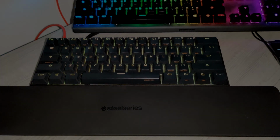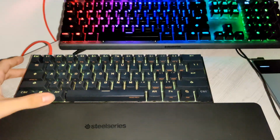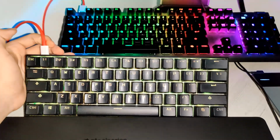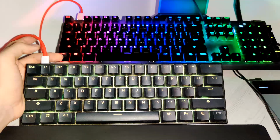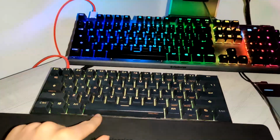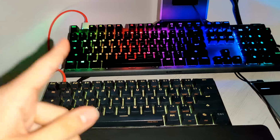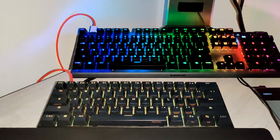Alright, so this is going to summarize my review of the keyboard. The keyboard is pretty nice to the touch, it has a cool sleek design, it's portable, and it is quite the interesting get. However, the switch itself, I would recommend you try it first, because you might not be able to enjoy it as much as some other people did,